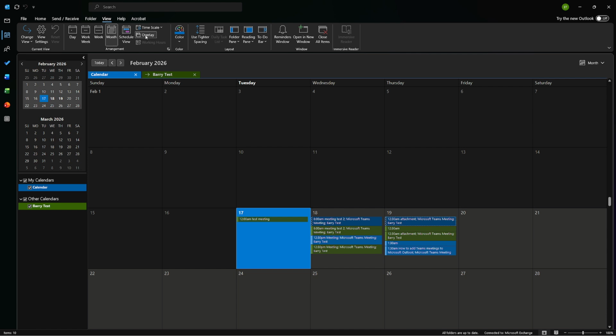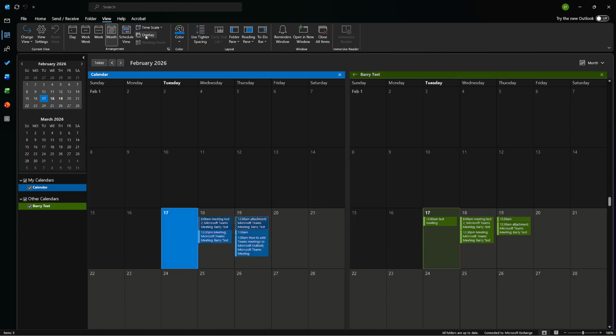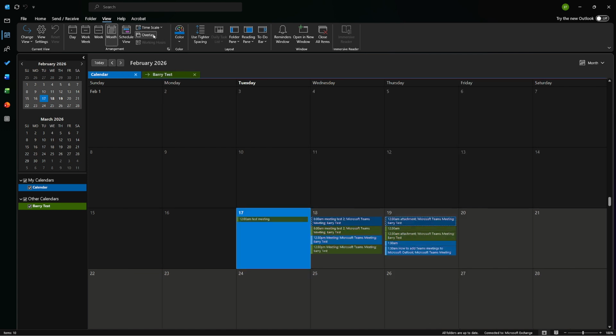To overlay the calendars, move to the top of the calendar area and find the calendar tabs. Each calendar you selected has a tab. On one of those tabs, you'll see a small arrow. Click that arrow. The arrow points to the right or left, indicating the direction in which the calendar will overlay. After you click, Outlook combines the calendars into